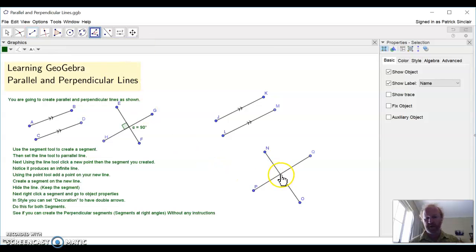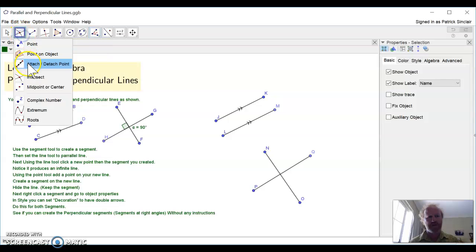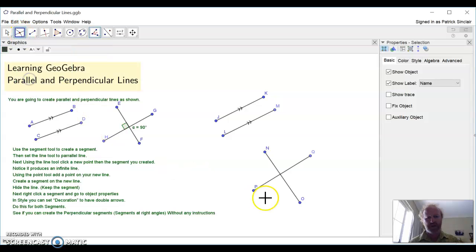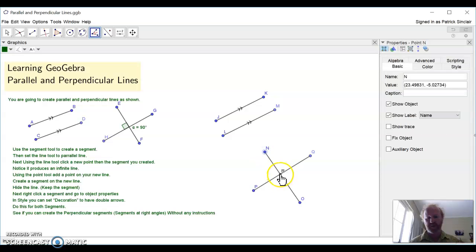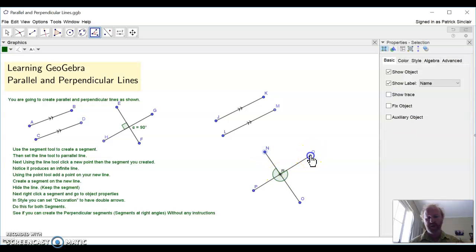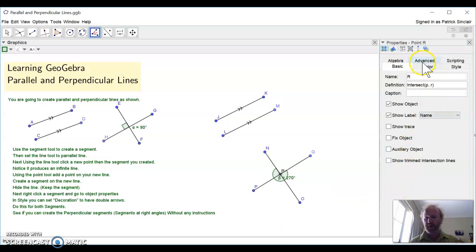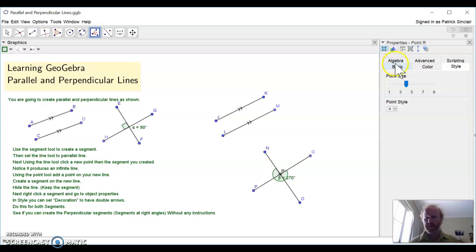Notice at the moment I haven't got a point there to select on, so I actually can't measure straight away. I'm going to come over here and see you have an option to get an intersection. So an intersection is where two lines cross over. If I come in here, it's going to make a point at that intersection, and I can now measure that angle. So if I come along here, select 1, 2, and 3, now notice that it's gone on the outside, not the inside. If I right click this object property and go to style, no,